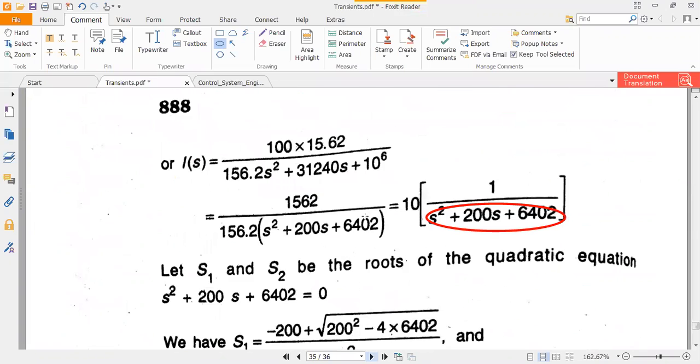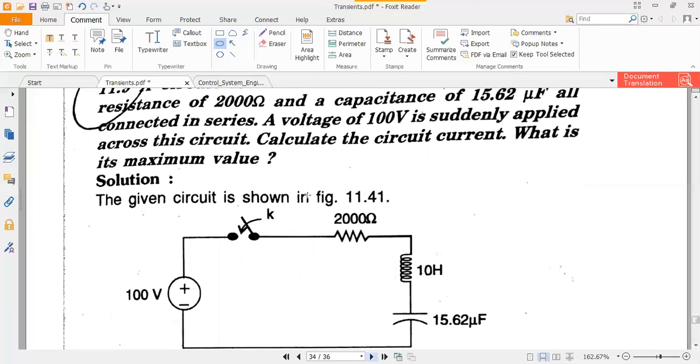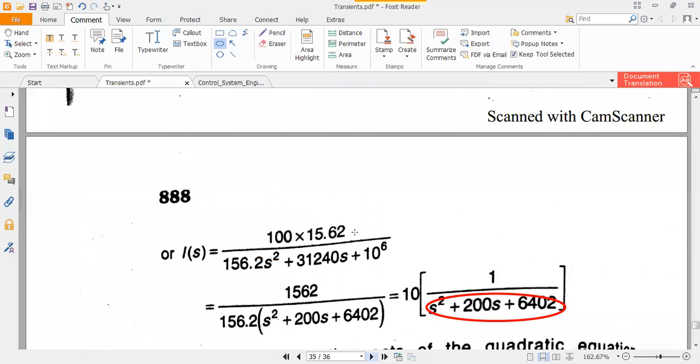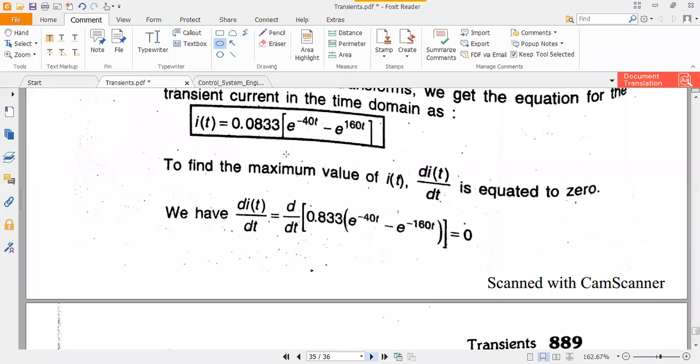Okay, but of course we don't know the exact maximum yet, because in the problem ఏమన్నాడు, calculate the circuit current అన్నాడు. సో I of t find out చేసాం, and what is the maximum value అన్నాడు. ఓకే, సో వాల్యూ ఫైండ్ అవుట్ చేయాలి నెక్స్ట్. ఓకే, సర్క్యూట్ కరెంట్ ఆల్రెడీ మనం ఫైండ్ అవుట్ చేసాము, దట్ ఈస్ దిస్ మాక్సిమం వాల్యూ ఫైండ్ అవుట్ చేయాలి. సపోజ్ ఒక ఎనీ టైం రెస్పాన్స్ కర్వ్ కి మాక్సిమం వాల్యూ ఫైండ్ అవుట్ చేయాలంటే, సో వాట్ ఈస్ ద కండిషన్ ఫర్ దట్ మాక్సిమం వాల్యూ? Okay, so the condition for that maximum value is you have to differentiate that equation with respect to t and equate it to 0, then you will get the condition for the maximum value.